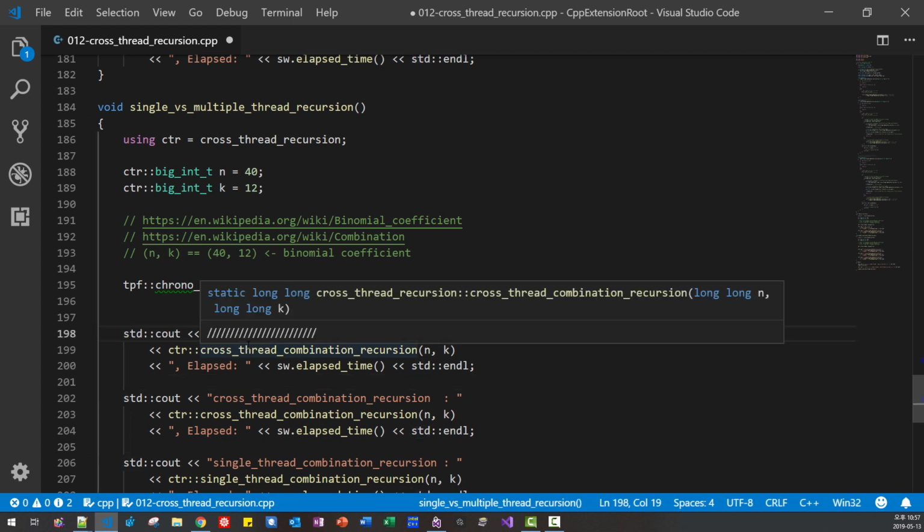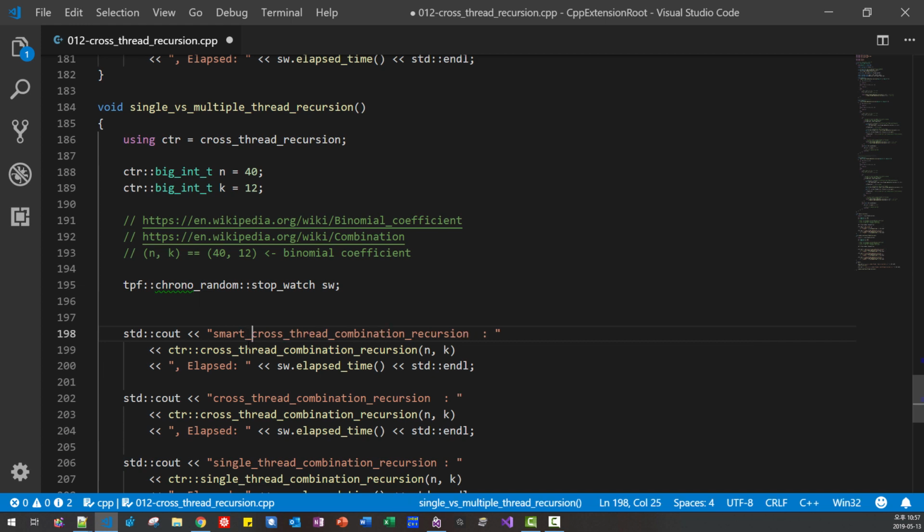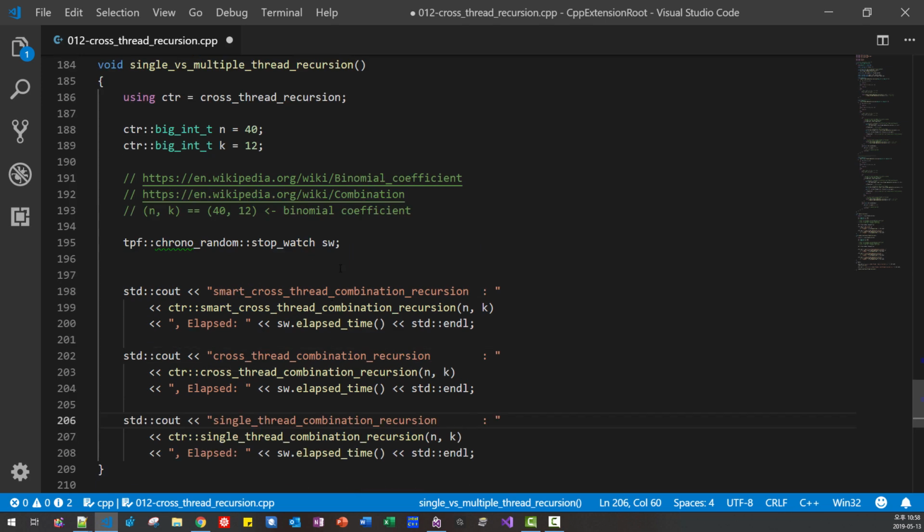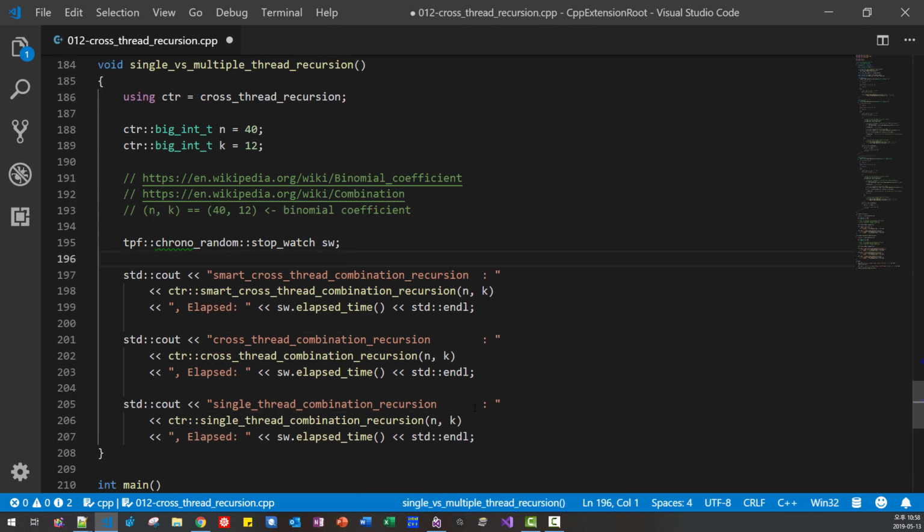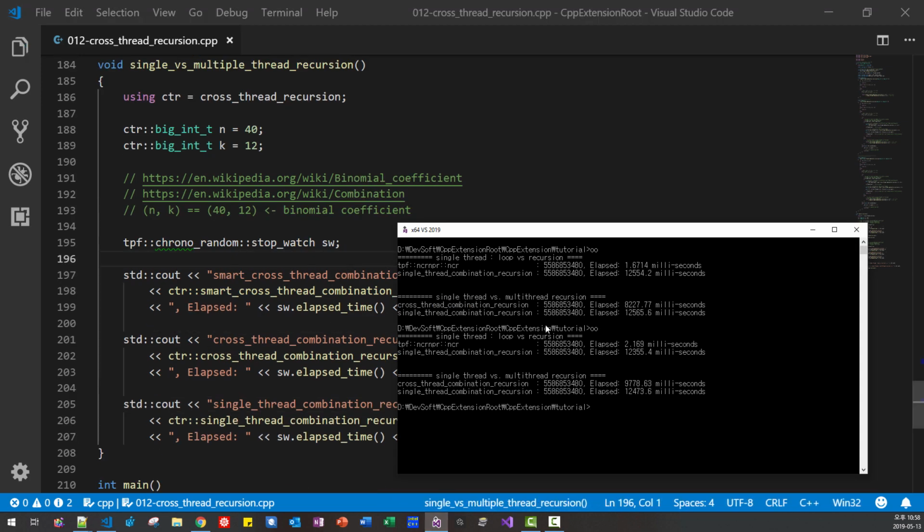I put it smart and copy this function name. This is smart version. So I will put more space to align. Okay. Now we fixed like this. Now let's test once again.